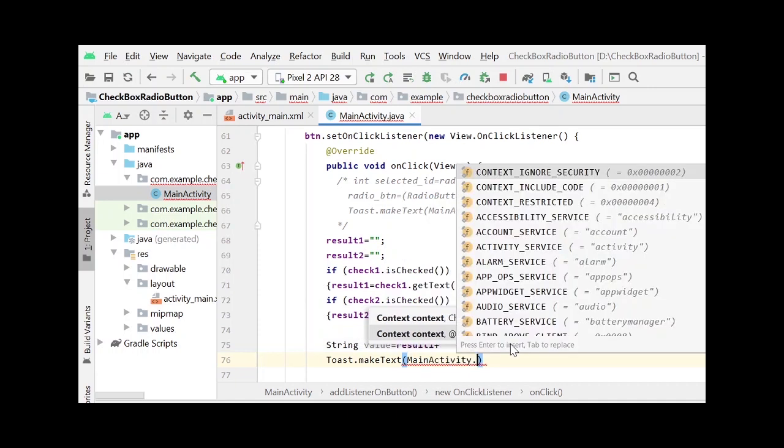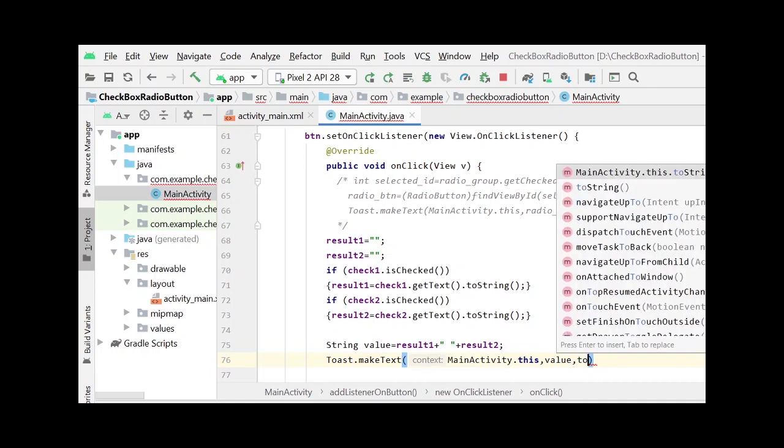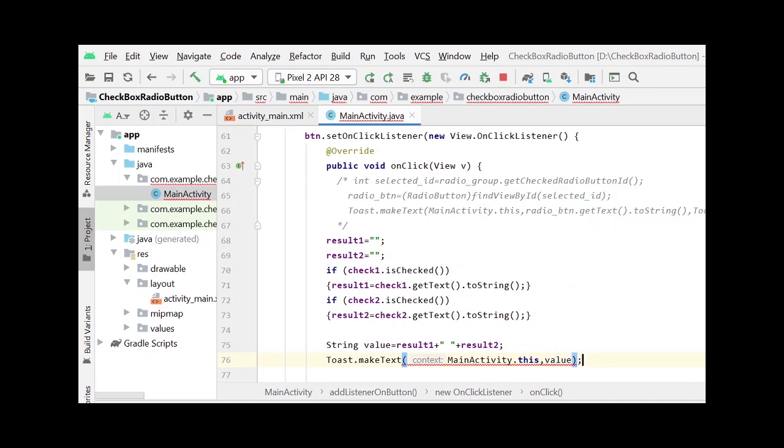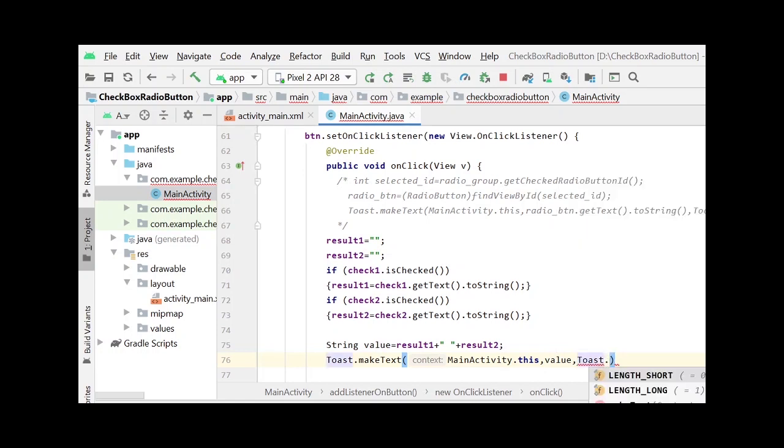MainActivity.this, comma, and we want to display the value, comma, Toast.LENGTH_SHORT.show().